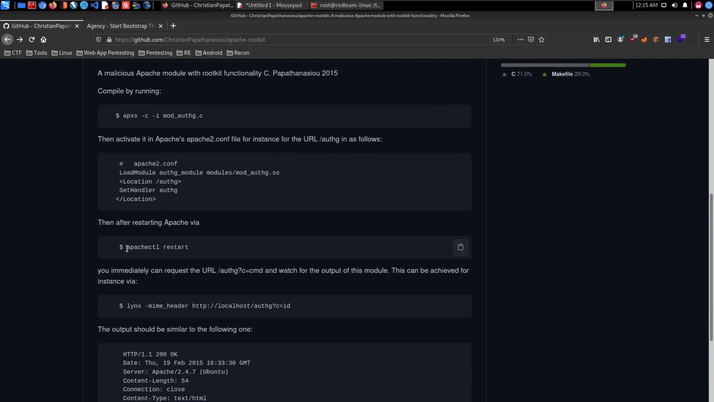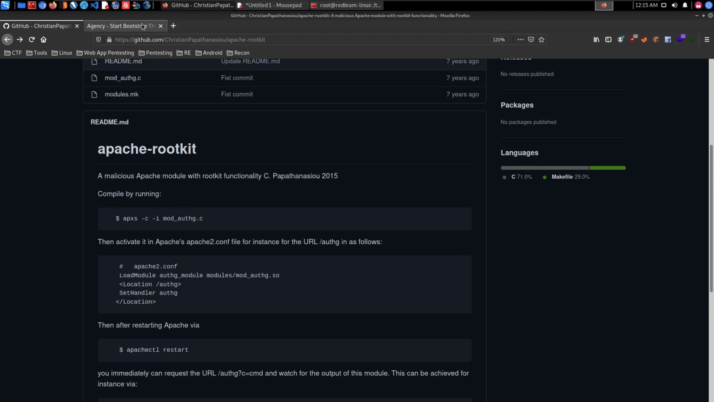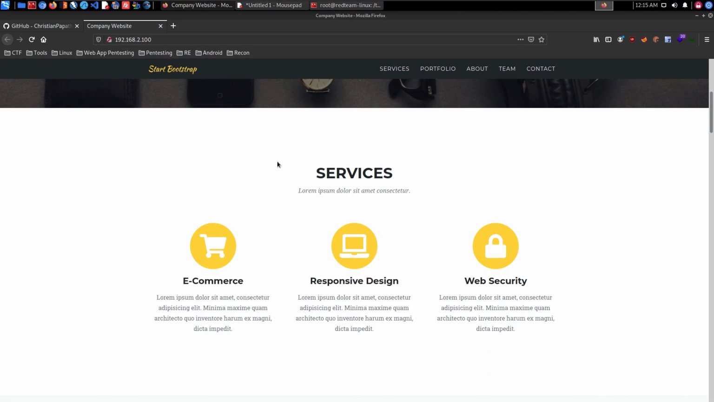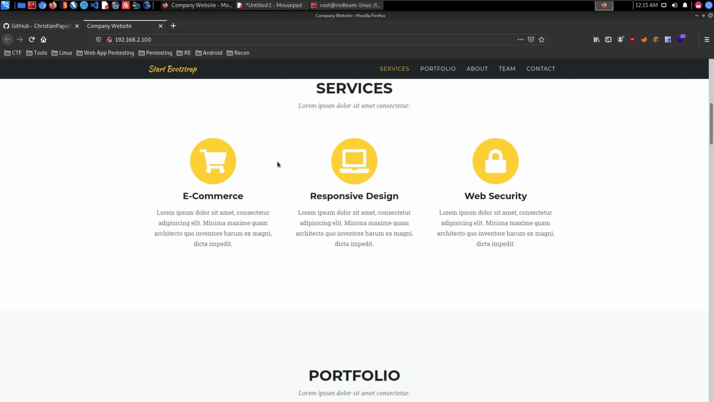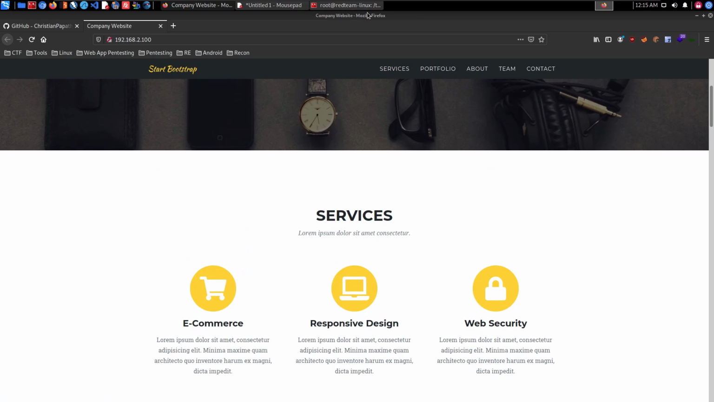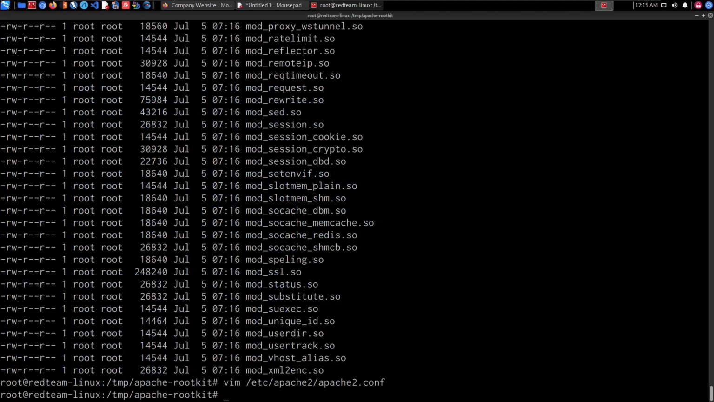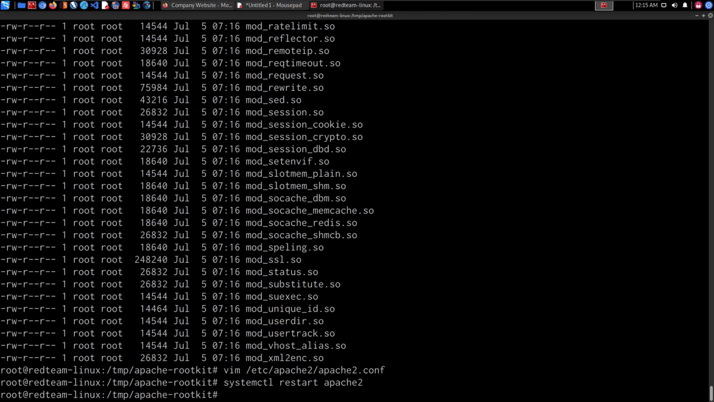The way we can test whether this is working is by restarting the Apache service. And this is the target website, so you can see it's running a simple PHP Bootstrap 4 website here. This will provide us with a good opportunity to take a look at how we can utilize a default website installation to set up our rootkit. So once we save and say systemctl restart apache2, you can see it restarted without giving us any errors,